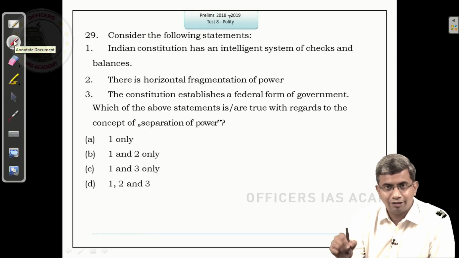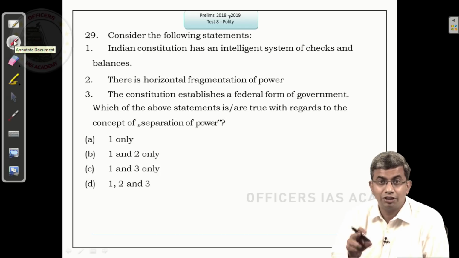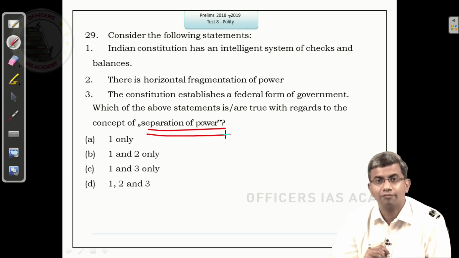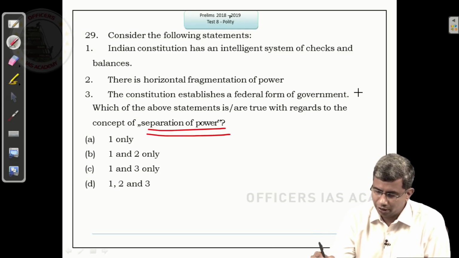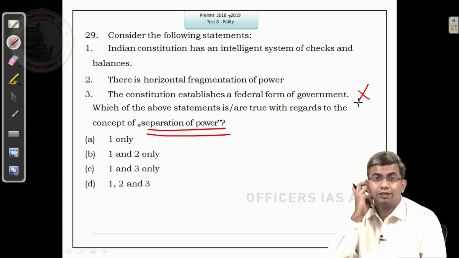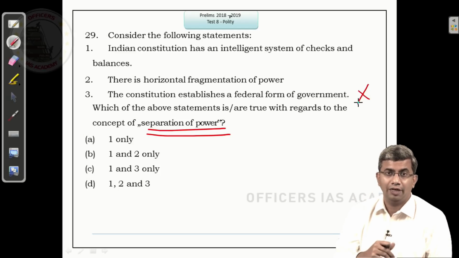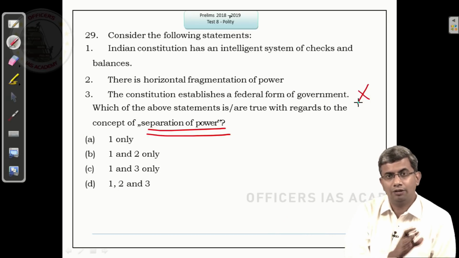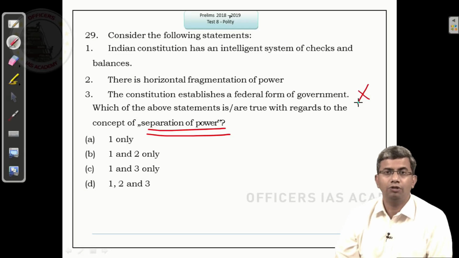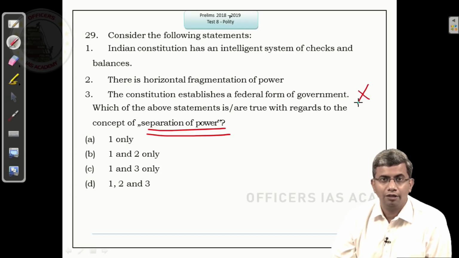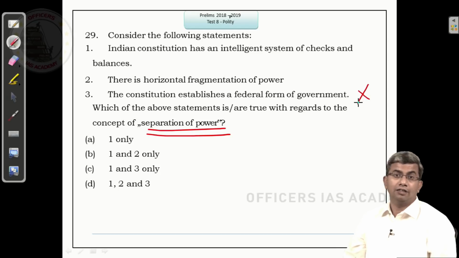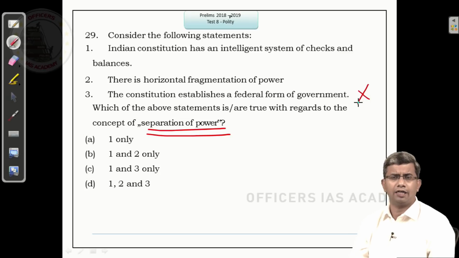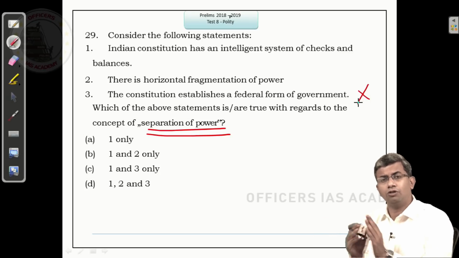So, while all the 3 statements are correct, the question is which of the above statements are true with respect to separation of powers. And so, the third is not related to separation of powers. System of checks and balances, judicial review, any executive action, any legislative action is subject to judicial review. The parliament is subject to judicial review, the acts enacted by the legislature. Executive action is subject to control by the legislature, that is also separation of power, not so much in a parliamentary democracy unlike in the presidential form, but still executive action is subject to legislative control.